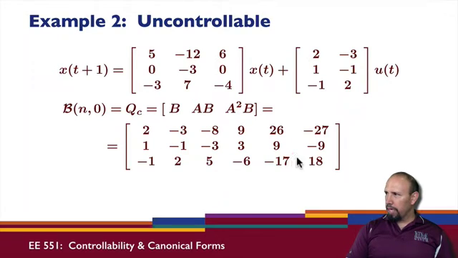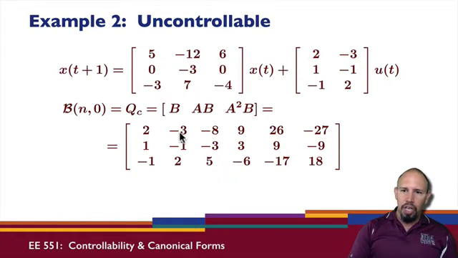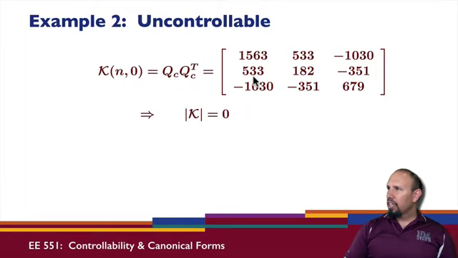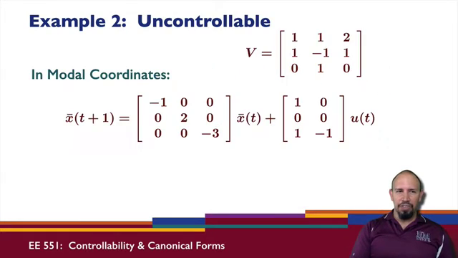given by this expression. Here's my QC, and I could go through and show that this system has controllability Gramian given by this, and I can show that in fact this has 0 determinant. So the system is not controllable, which you already knew because I told you it was, but now you know for sure because we've actually done some calculations with it. Here is my